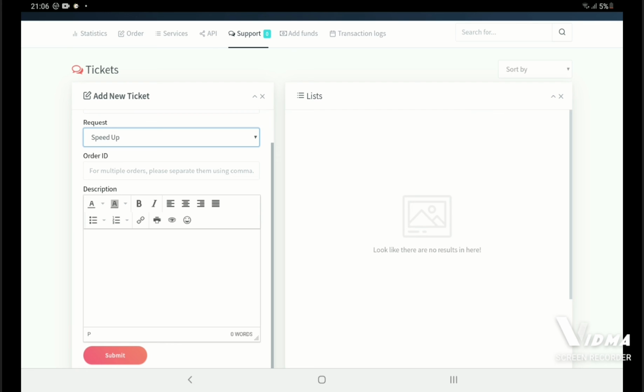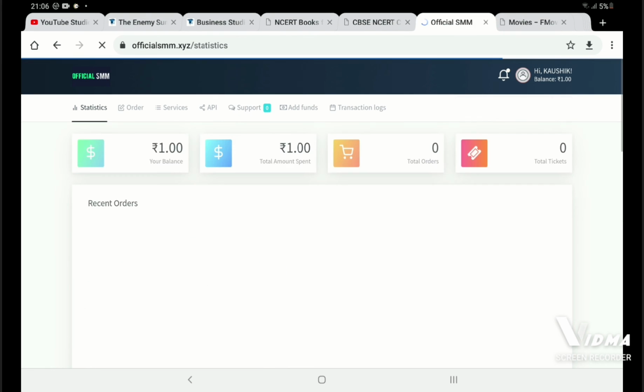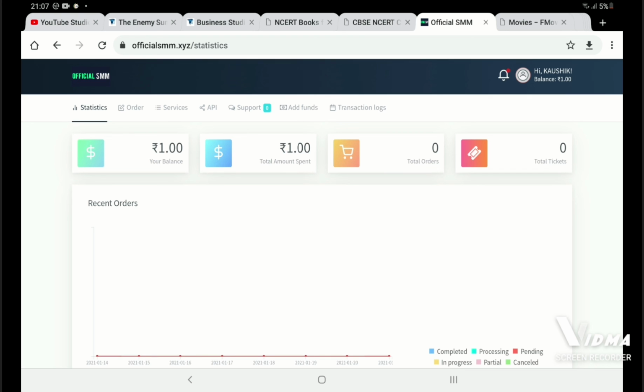And on your home page, when you click on the logo, your total tickets will go from 0 to 1 when you create a ticket. And we as admins can see your ticket, and we can take necessary steps to ensure that whatever problem you're facing, whether you want to speed up or refill, we will do it for you.